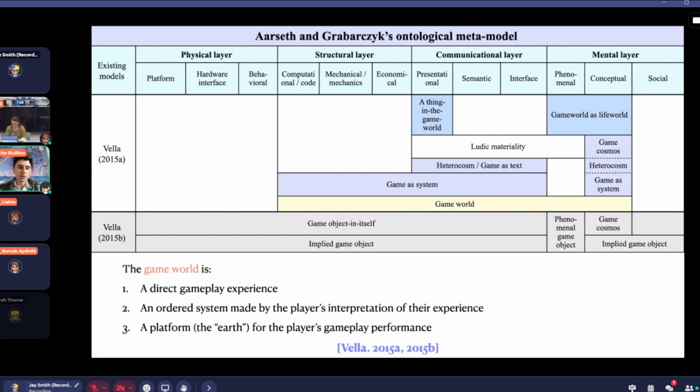As an example, all doors in a game are ontologically equal when we consider the game as a text. But the game is a